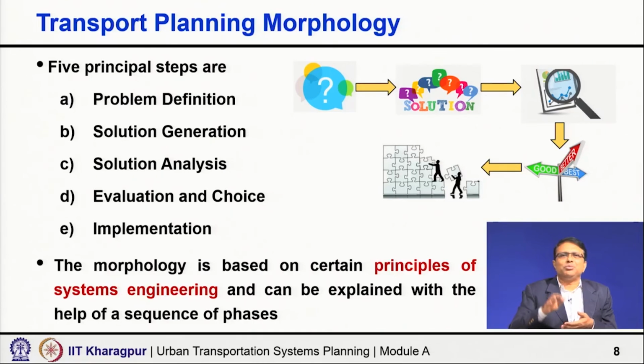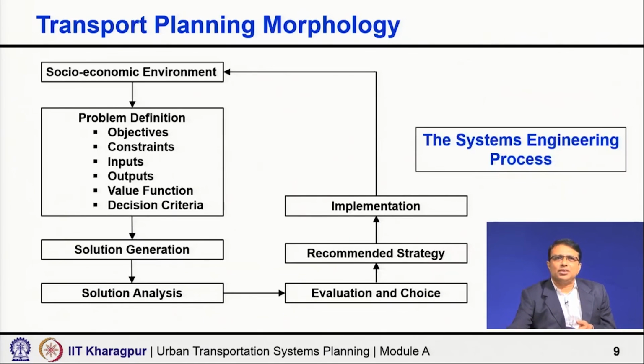So, this morphology is based on certain principles of systems engineering and can be explained with the help of a sequence of phases as shown in this chart. So, you have the socio-economic environment, then you have certain problems. You want to define the problem clearly, and definition of the problem is everything. So, you need to define objective, constraints, inputs, outputs, value function, decision criteria. With all this you actually define the problem, then you generate solutions, then you analyze them,